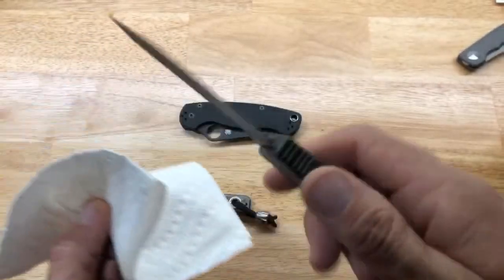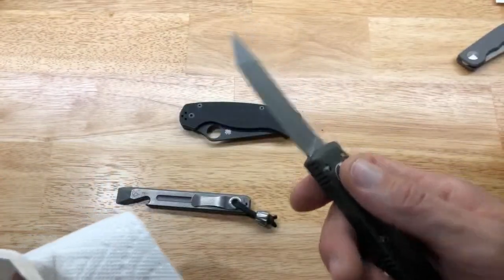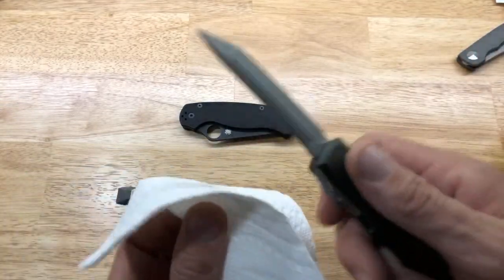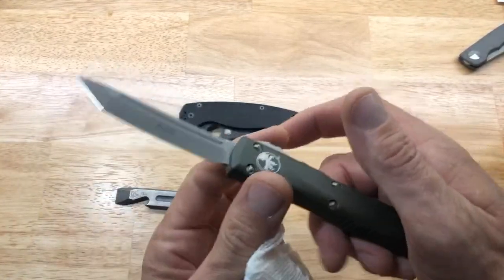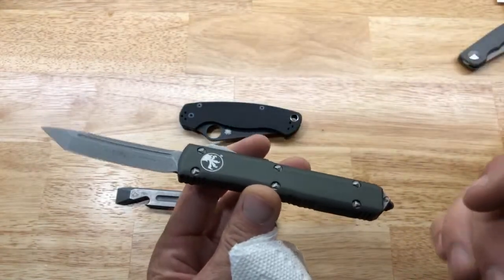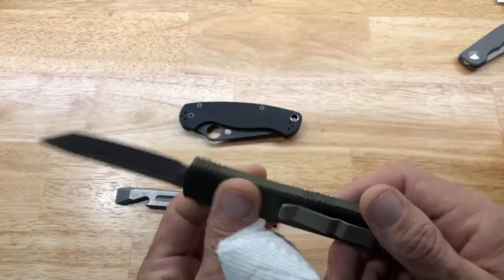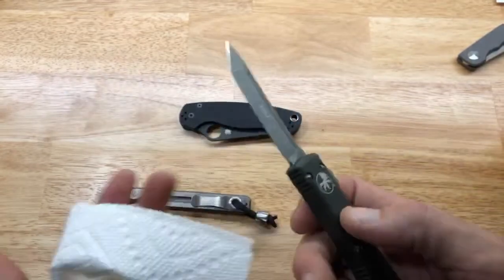I have cut a couple of boxes with it. I have opened a couple things with it, but nothing like I would use my EDC knife for. Absolutely not, because my predominant thought is, what if I sucked a chunk of something in there, a chunk of something with adhesive on it, or whatever it is. I don't want to take this knife apart,